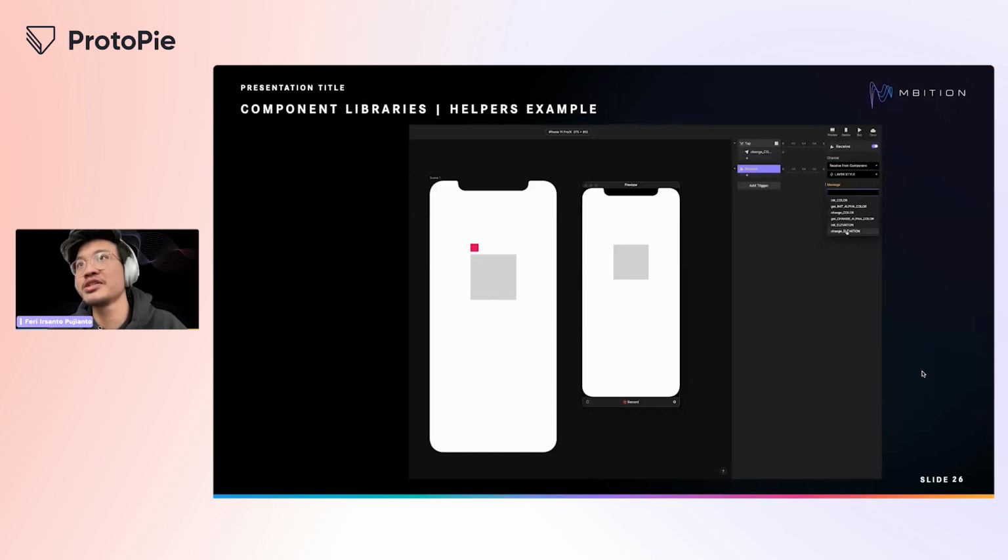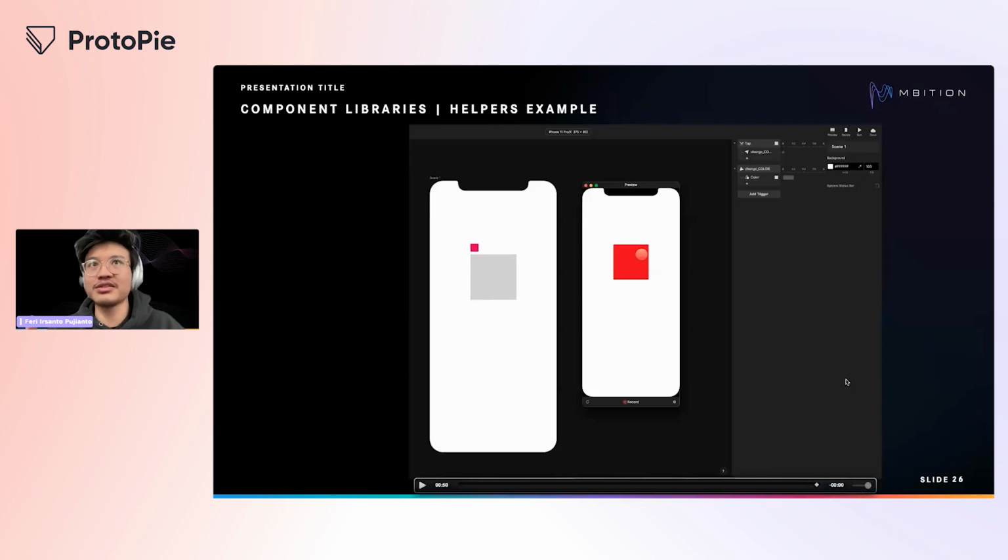You can see here, I'm receiving it to a variable called hex color. As a response, I'm recoloring the square based on this variable. Since we defined already that status warning equals red, the square is recolored to that color.